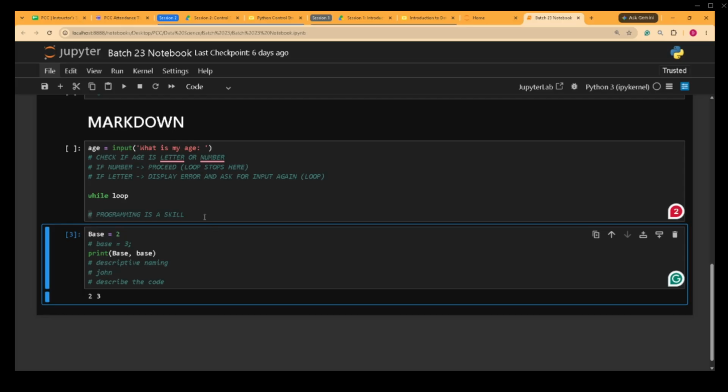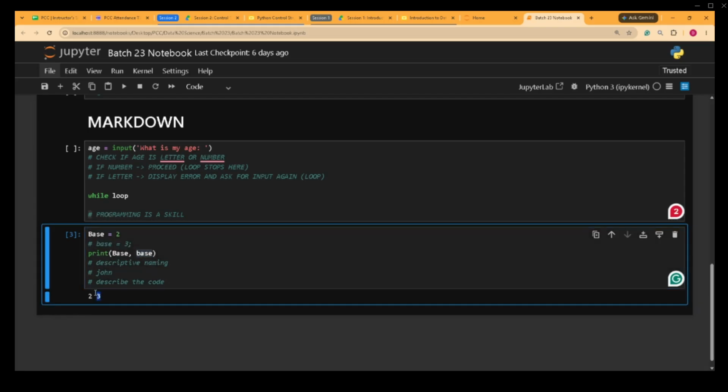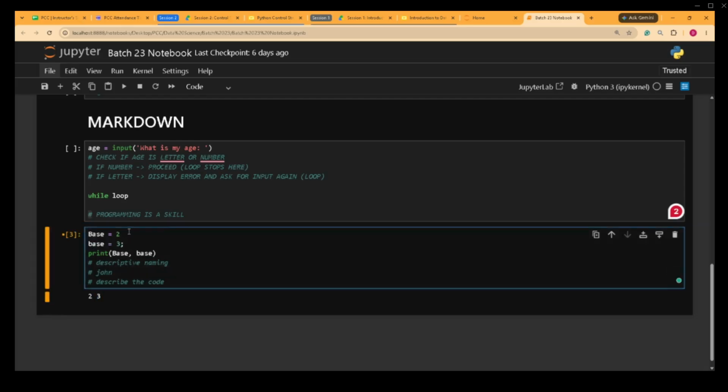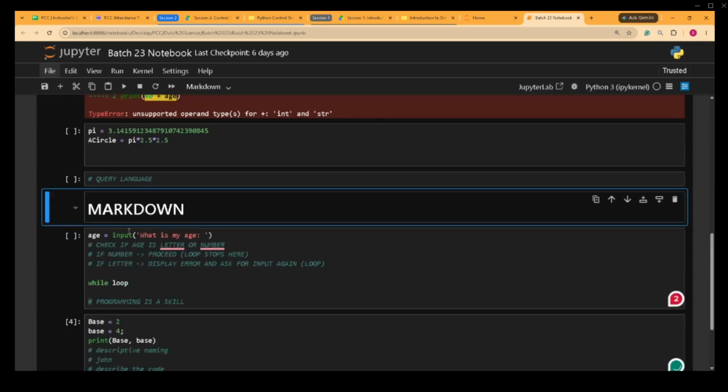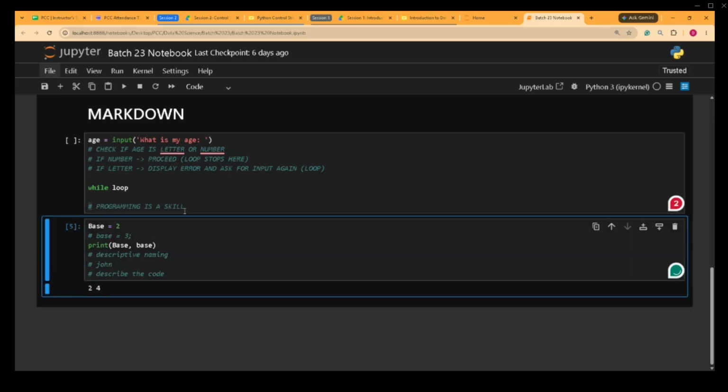Oh no, wait. Okay, since we ran this one earlier, base was already stored somewhere in memory. So even if we disable it here, since it was already in memory, it can still see that it was 3. But if we change this one to 4, maybe. Okay, let's change this one to 4 for now. All right, and then let's say I'm going to comment this line out because I wanted to change this one to 3. So if I were to run this,